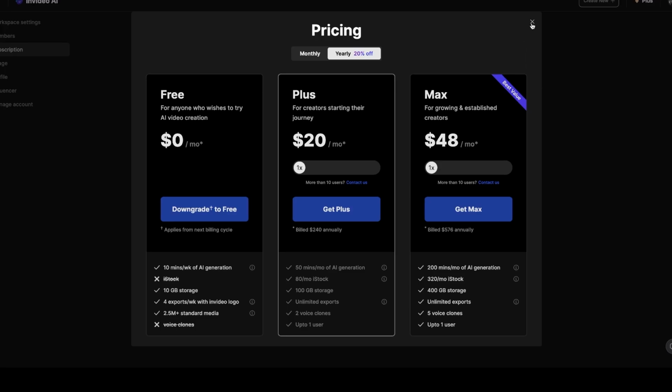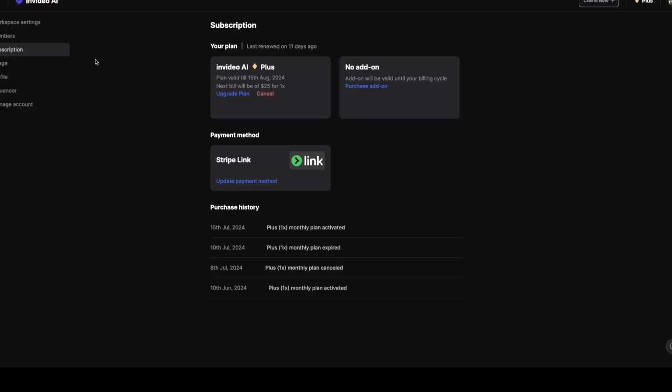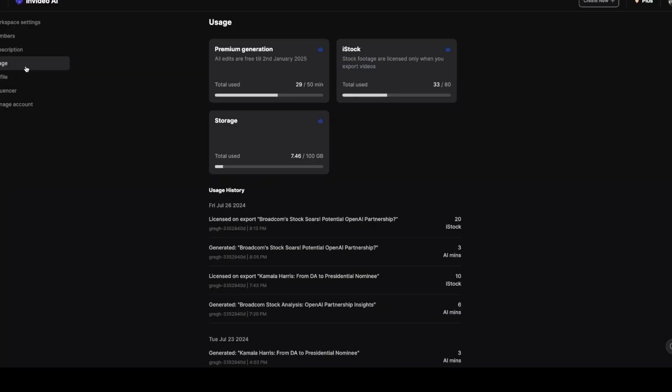Okay. So one more thing I want to show you is the usage area. So this is how you can keep track of the videos that you've created, the credits you've used, and the stock. So premium generation, I've used 29 minutes and I got 21 more minutes. iStock footage, I've used 33, storage 7.46.